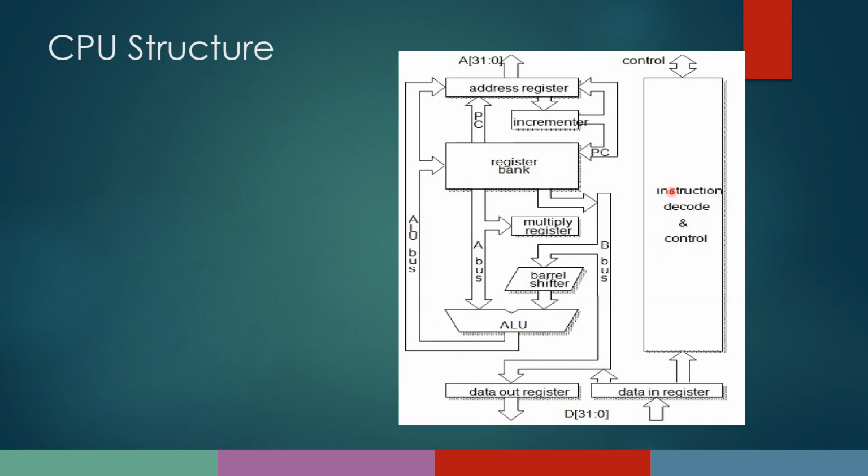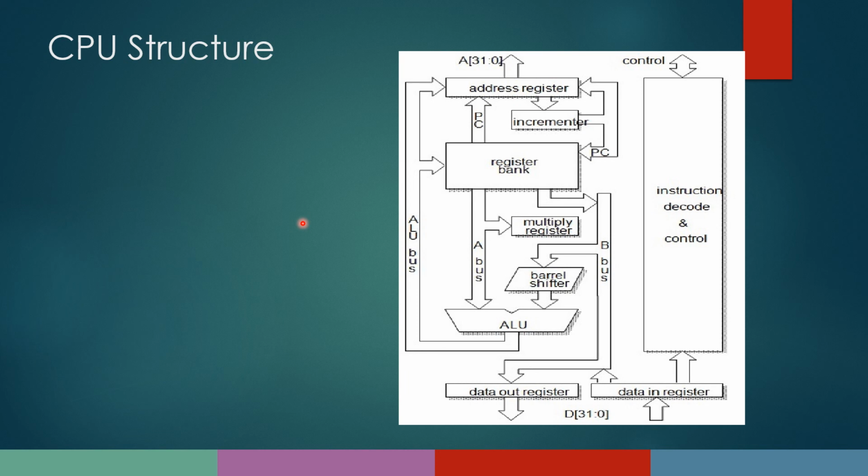Now we have to discuss the CPU structure, that is basically the CPU architecture of our ARM processor. When you are asked in the examination, we have to draw this particular block diagram. I will first explain the operation with the help of this block diagram, and then we will see each of these components. So here we will understand how the data is manipulated, or how the data flow is going to occur.